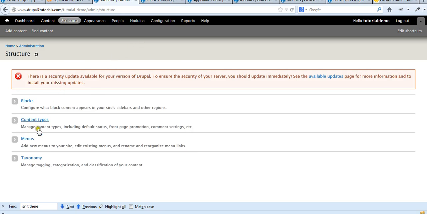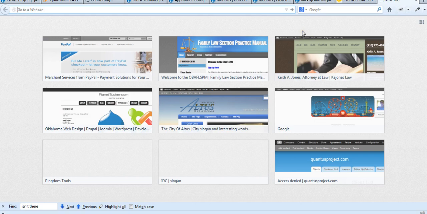So to get started with views, you're going to find views under the structure tab in your Drupal 7 install, and you'll notice that I don't have it here, so that means that I need to go to my modules and actually get this thing installed. To look at the views project page,